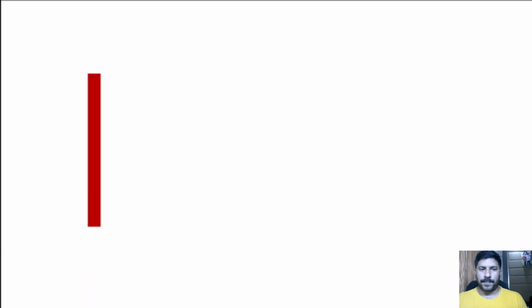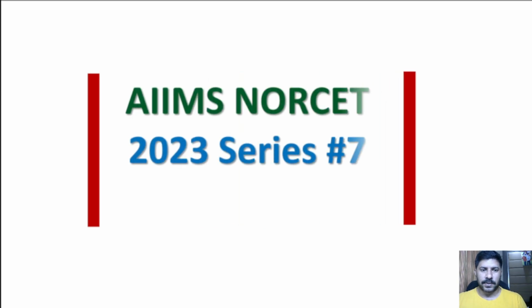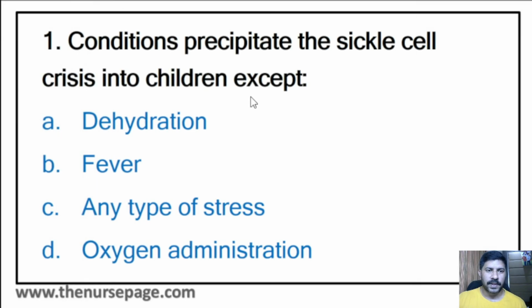We will start the topic here, that is the AIIMS NORCET 2023 video series. So, first question. AIIMS NORCET 2023 series number 7. First question: Conditions that precipitate the sickle cell crisis in children, except